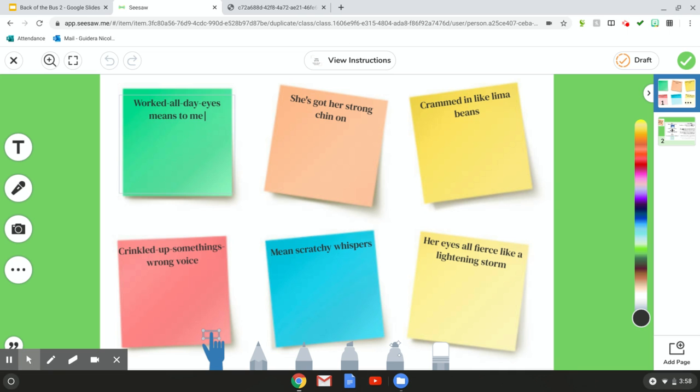Means to me. So I want to hear complete sentences because you are going into 4th grade. Okay. Worked all day eyes means to me that the boy, ooh, you know me and my typing, thinks that his mama looks very tired. He can see the, ooh, I'm going to use a big word of the day here, exhaustion in her eyes. And that's all you have to do today. Just have to do this